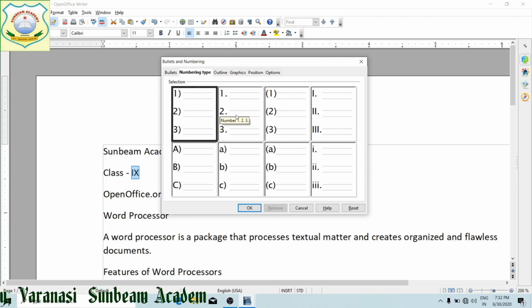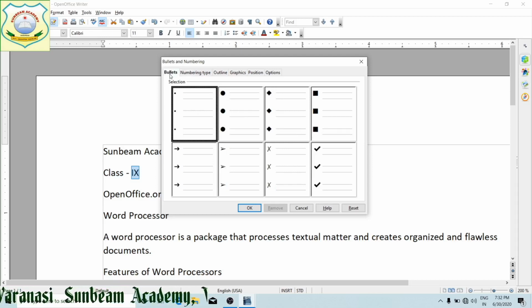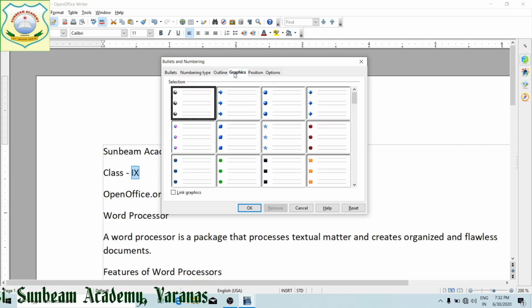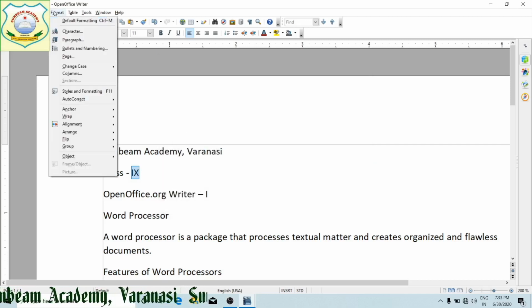Next is your, we can give Roman numbers, likewise bullets to each and every list if we are going to provide special characters, outlines, graphics. There are so many ways to insert your bullets and numbering. Then this is page formatting, the complete page we can format.